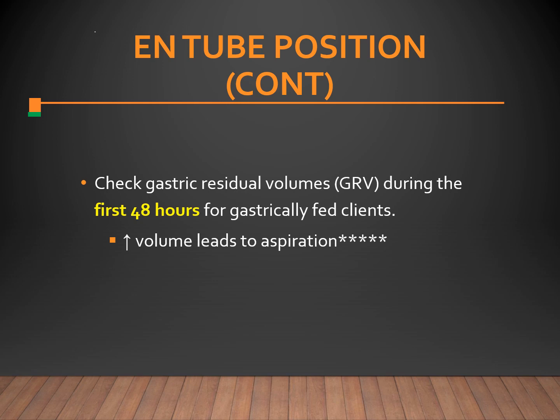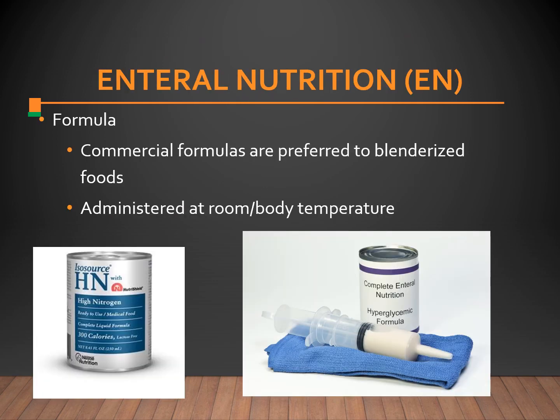Because if they have any kind of delayed gastric emptying, this can cause issues. This is an example of the formula that is preferred. Usually it's liquid, sterile. It used to be powdered or reconstituted formula, but now they've really gone to the liquid sterile. This has less chance of bacteria, which means the patient is less likely to get an infection. Usually the formulas are specific to a client's health problems, whether it's a renal formula, a cardiac formula, or a diabetic formula. There are different kinds of formulas out there.